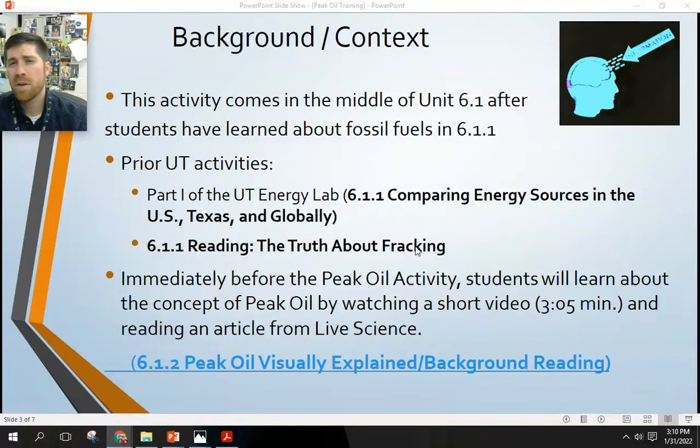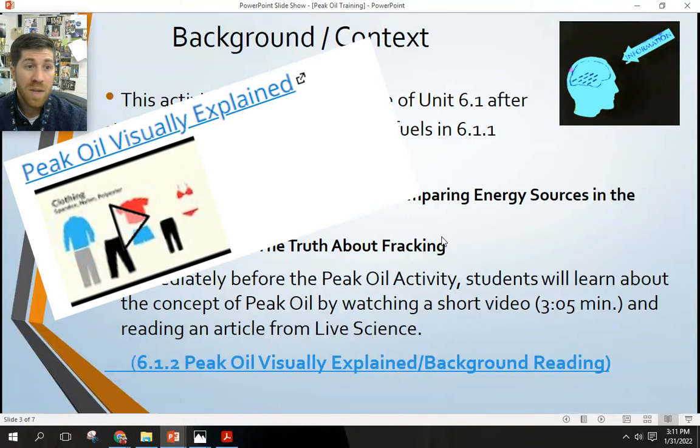They'll also have already done a reading about fracking. And so they will have a pretty good, thorough background on oil and gas production coming into the Peak Oil Lab. And then in addition to those background things from 6.1, in 6.2, right before the peak oil activity, as a homework or before-class activity, students will have done a short video about peak oil explained,